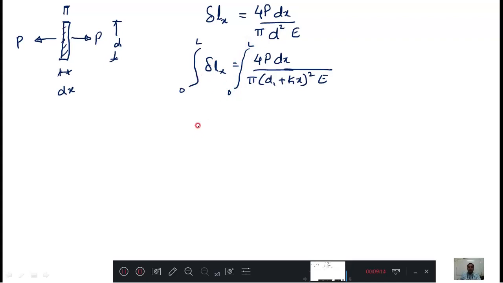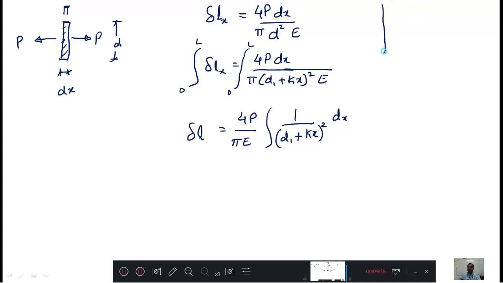Then this, if I integrate, I will get delta L. And this 4P is a constant, take it out, and pi E is also constant, take it out. Inside, what is left is 1 by (d1 plus kx) whole square into dx. In mathematics you should know that the integration of 1 divided by (a plus bx) whole square into dx,